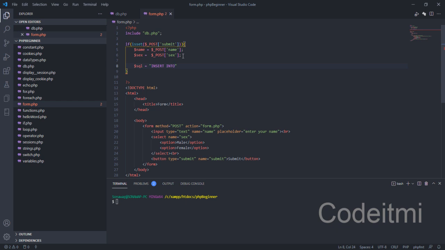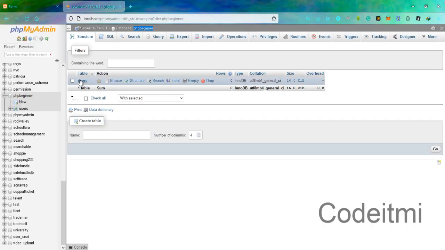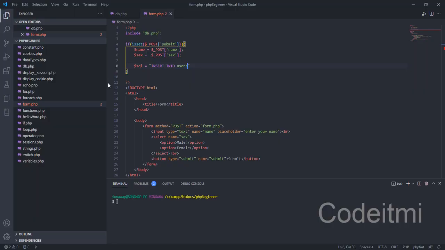But for now, we're going to be writing the insert, and this is actually how the syntax is. So insert into users, because this is the name of the table. We have the table right here, which is users. So we want to insert into these users,